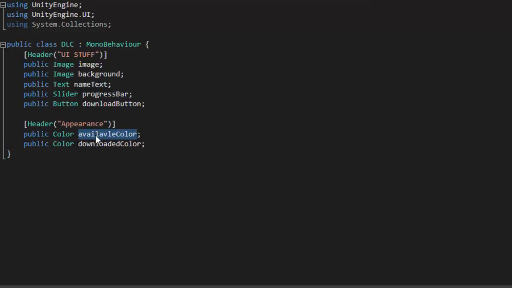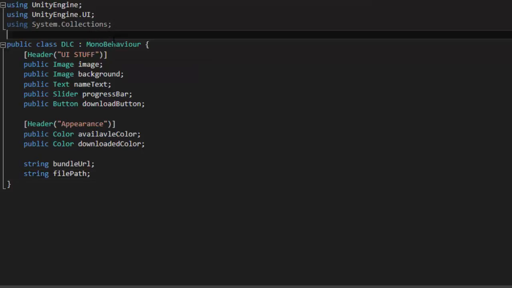So this is the color when the DLC is ready to download, and this is the color when we already download the DLC. And we're also gonna need some bundle URL information and the file path. So create a private variable type of string called bundleURL, and then string again filePath,